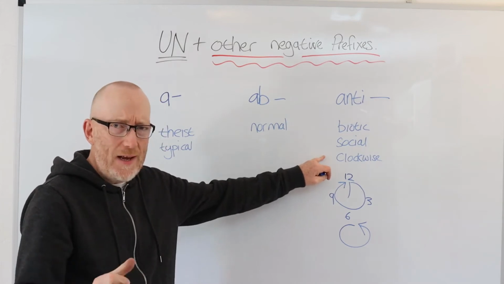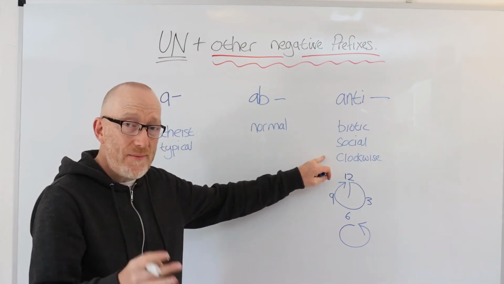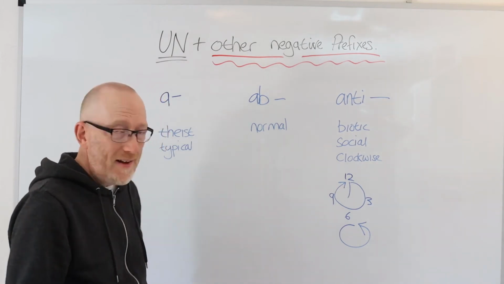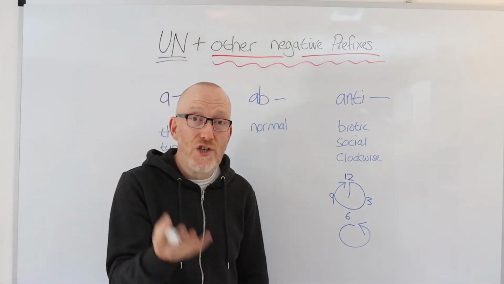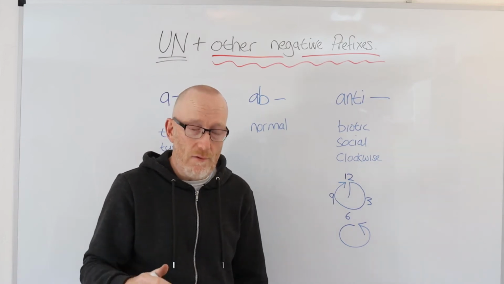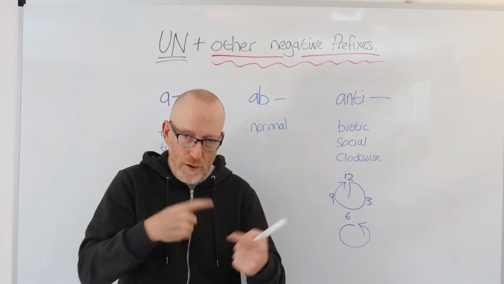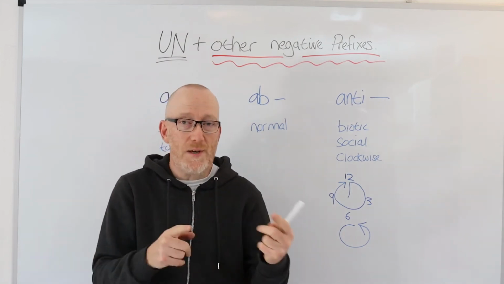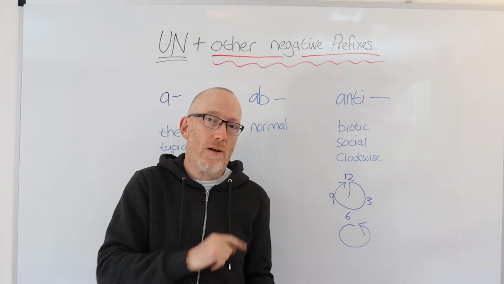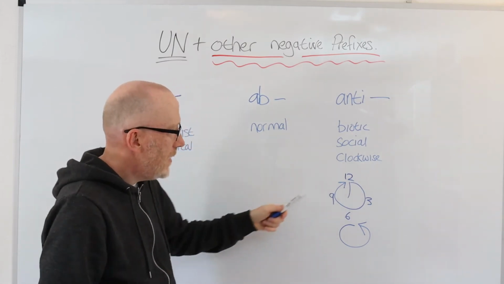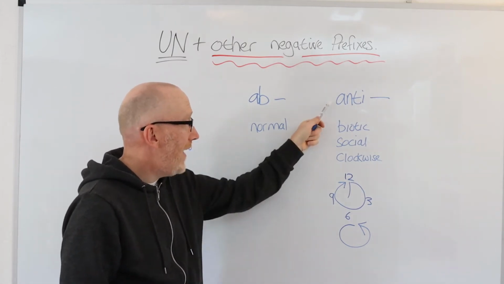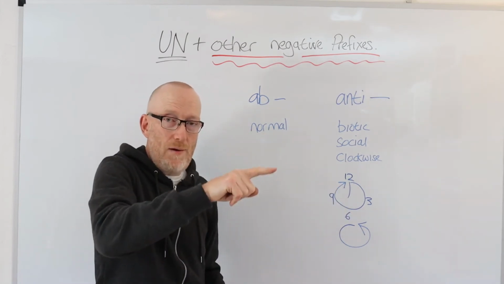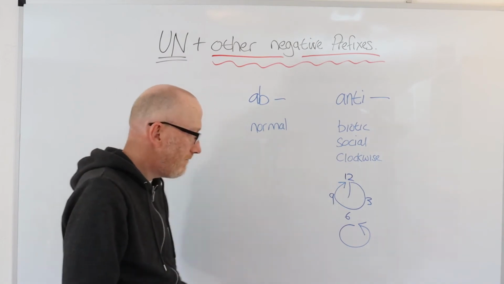Interesting one if you're technical. Anti-clockwise is something that might be used in technical work, particularly in the machinery industry. If you have machinery that moves and there's lots of moving parts, lots of those moving parts would probably move clockwise, but some of them might have to move anti-clockwise. Yeah. So there you go, anti-clockwise. So anti-clockwise means something that is against the regular movement of the clock.